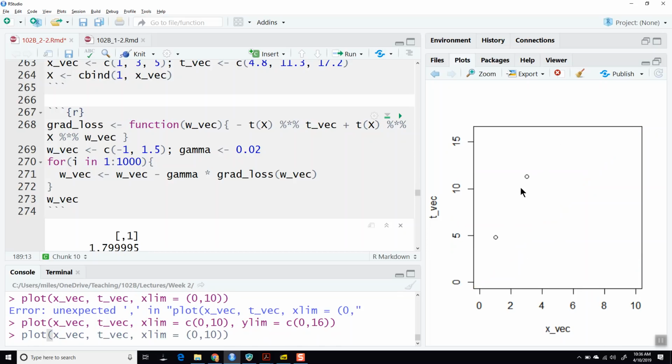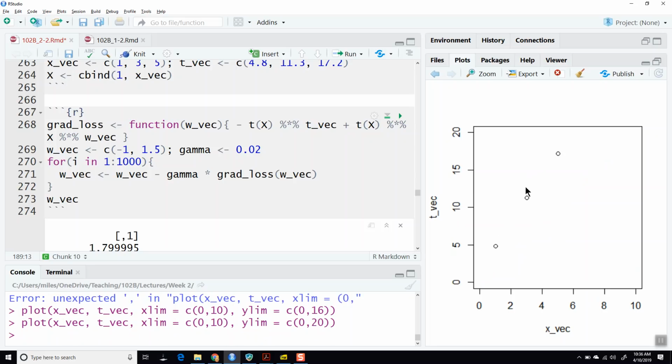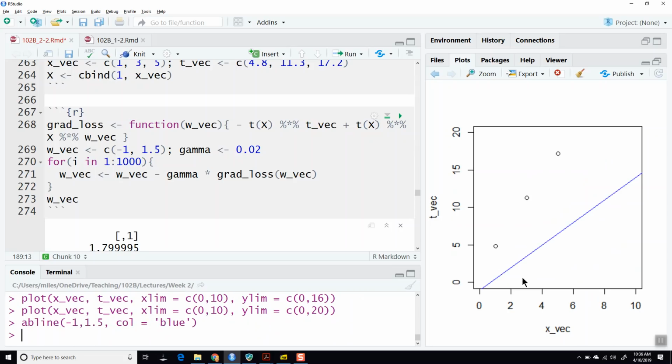Okay, so these are our 3 data points, and if I plot this, this is kind of our initial fit line. Okay, and so we could see the squared loss is going to be quite big,